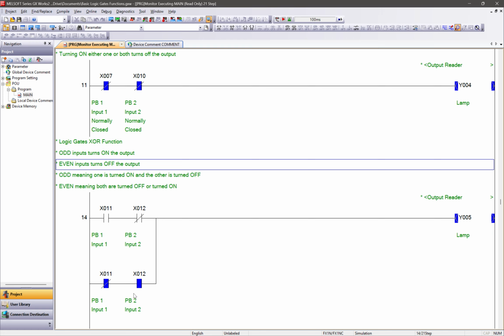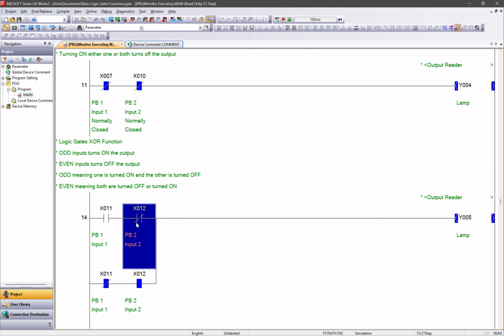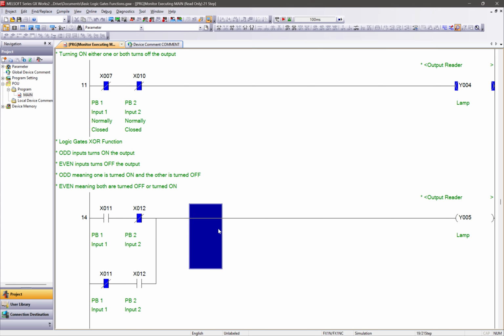For example, the default structure of the normally closed contact would be this. The wiring or the energy will energize the lamp and turn on the lamp.